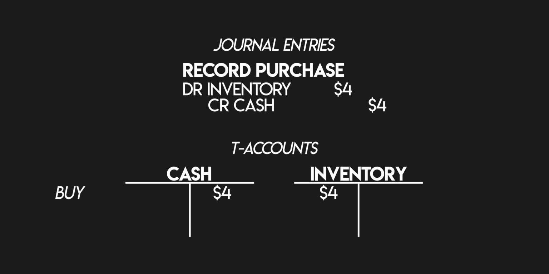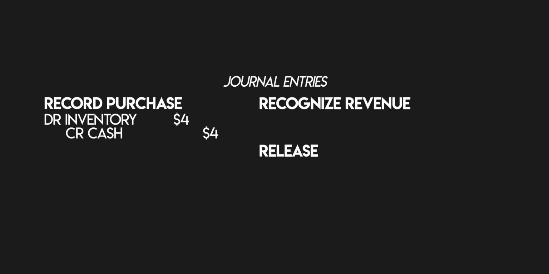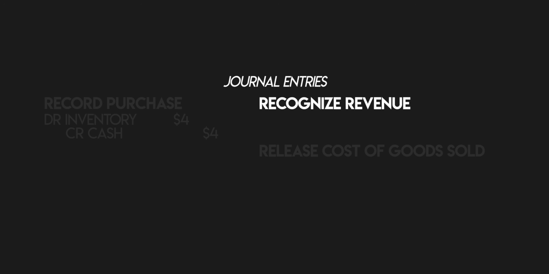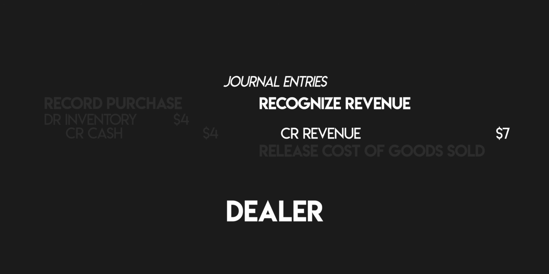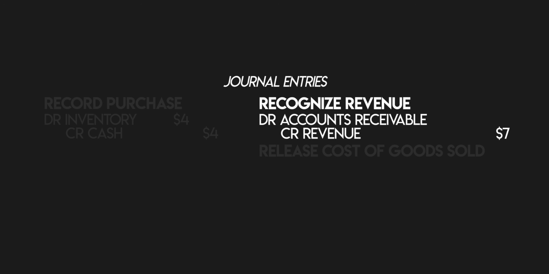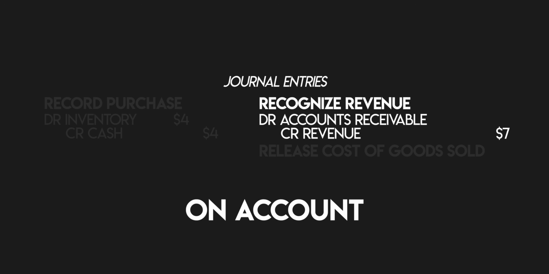In transaction 2, you need to recognize your revenue and record your cost of goods sold. To recognize your revenue, you need to credit your revenue account by $7 to increase it in your income statement. Revenue is the R in DEALER, a normal credit account, so credits increase it and debits decrease it. But where does the other side go? Well, you've sold something, so that means you need to debit cash or accounts receivable. In this example, the customer paid you on account. That's like an IOU. They haven't actually paid you the money yet. That means you need to debit accounts receivable to recognize that you're owed $7.